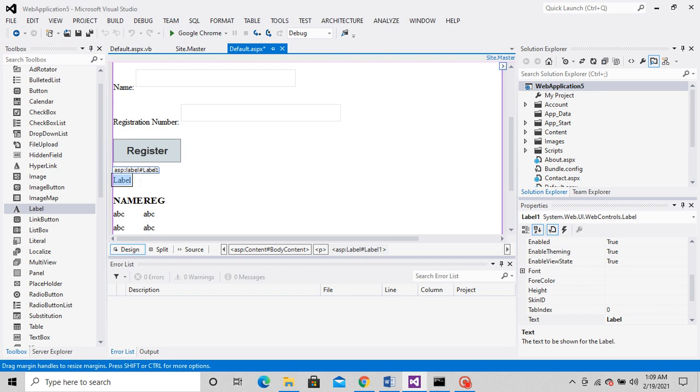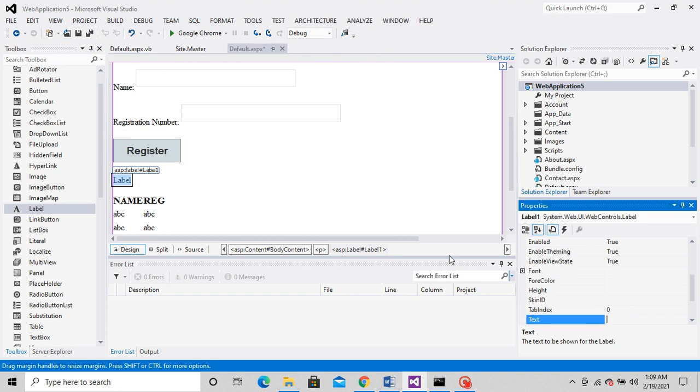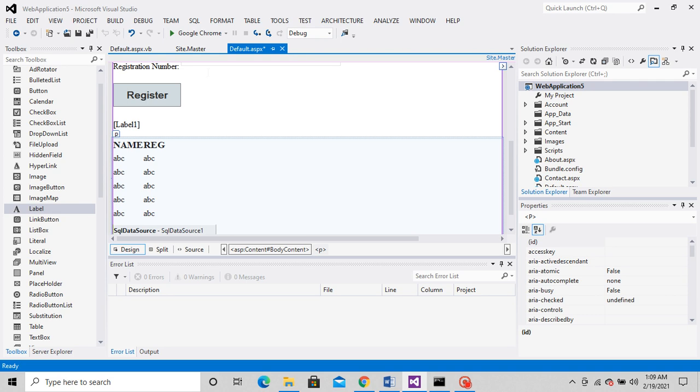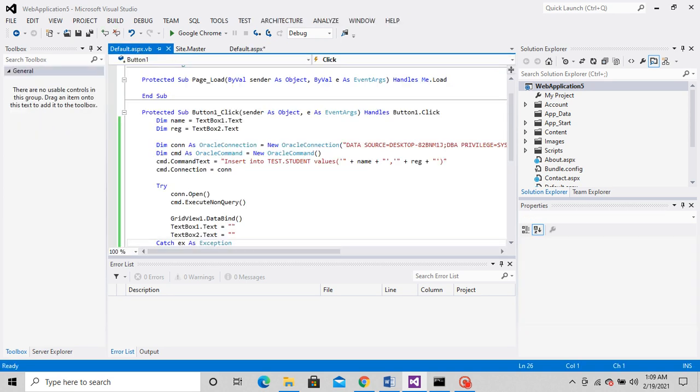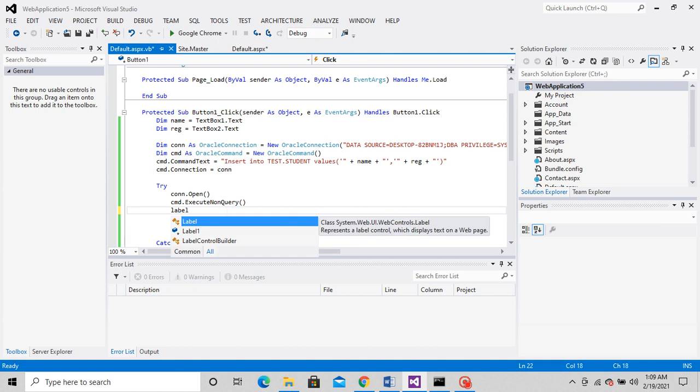Just add a label here. I am adding a label just to display the message whether it is inserted into the database successfully or not.